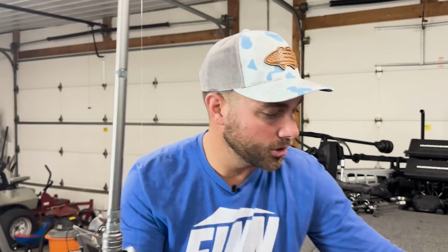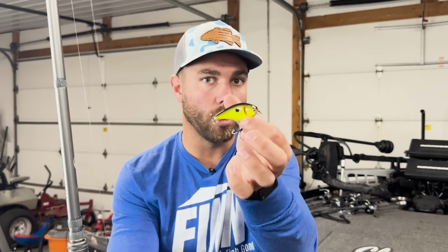And it's kind of similar to the Strike King bait, where I like to throw this in a lot of those situations where I feel like a lot of anglers are throwing square bills. A lot of guys are throwing kind of that similar size square bill, something like this, a 1.5 size. Lucky Craft has one that's the exact same size. Almost every company out there has a square bill that is this size, and it is very popular and it